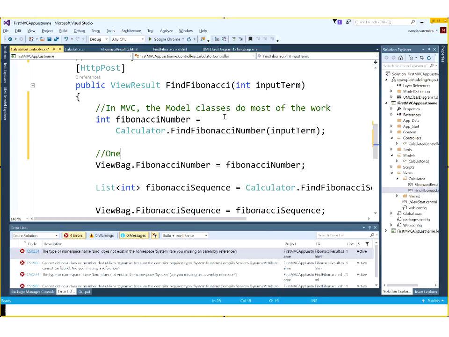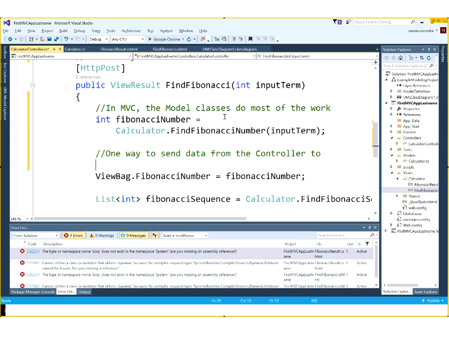And one way to send data from a controller to a view is